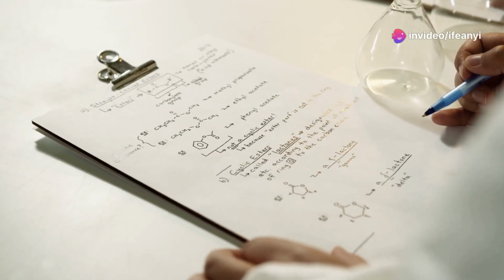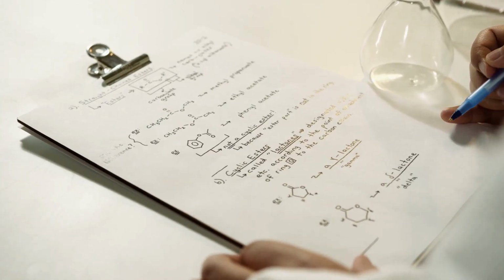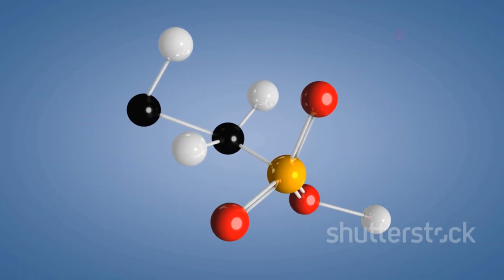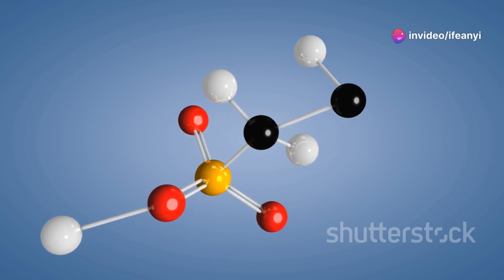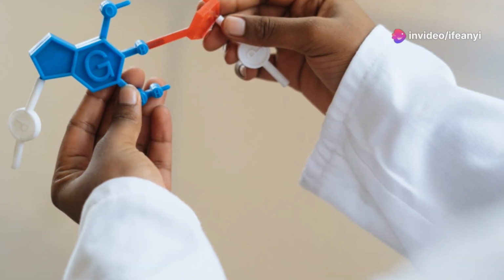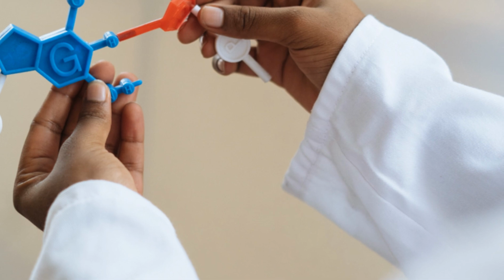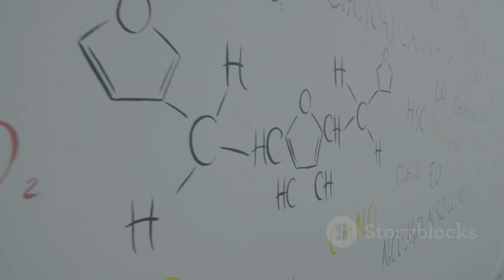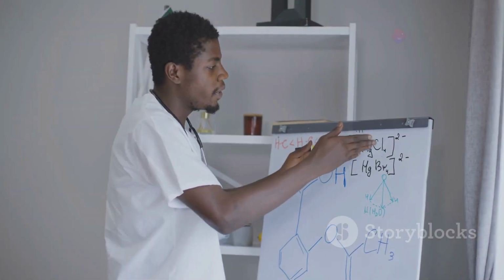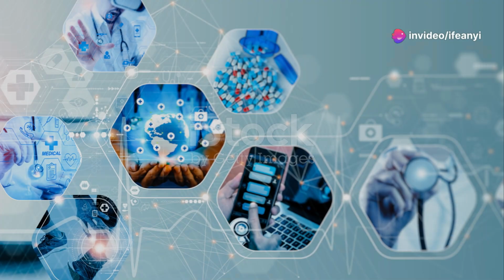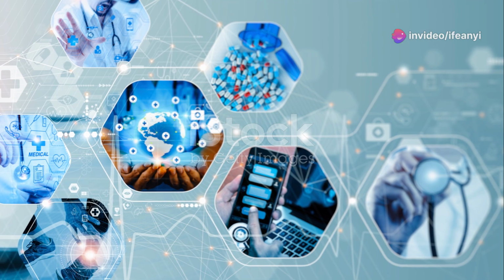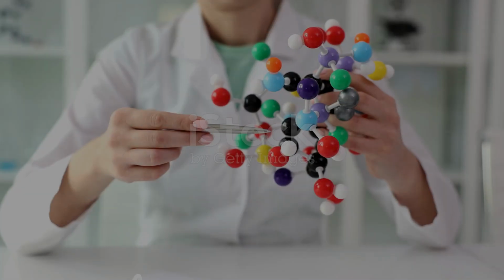Next, number the carbon atoms in the parent chain, starting from the end closest to the double bond. This gives the double bond the lowest possible number. For example, if the double bond is between the first and second carbon, the name will include 1-ene. Then, identify and name any substituent branches attached to the parent chain. Finally, combine the parent name, double bond position, and substituent names to form the complete IUPAC name. Mastering the IUPAC nomenclature is like learning a new language, allowing chemists worldwide to communicate effectively.